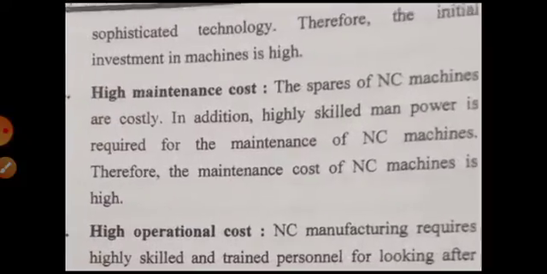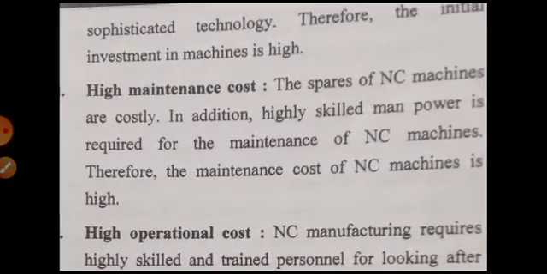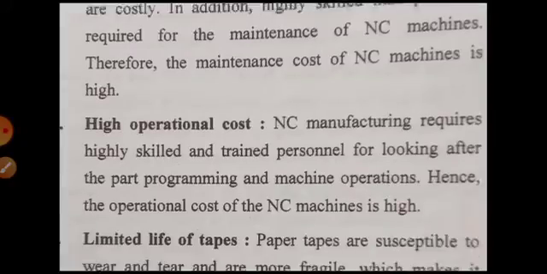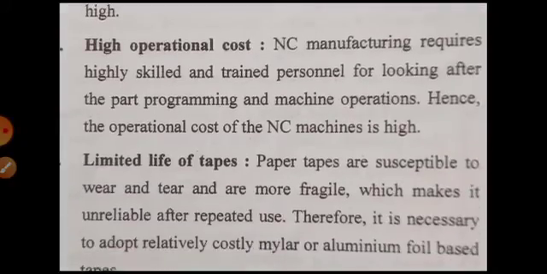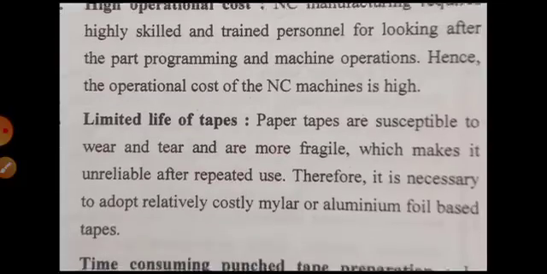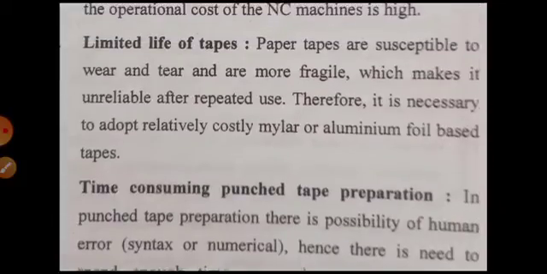These are some disadvantages we are looking at, or limitations you can say. High maintenance cost. Maintenance is also high. High operational cost. And then limited life of tape,